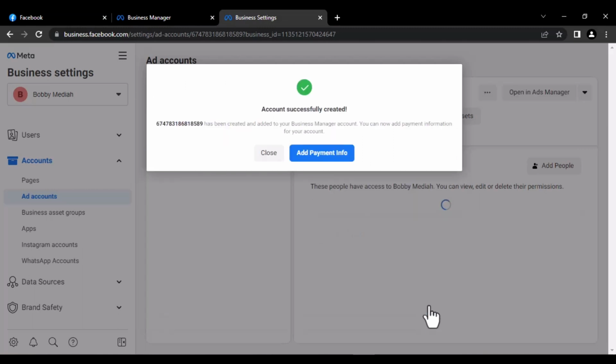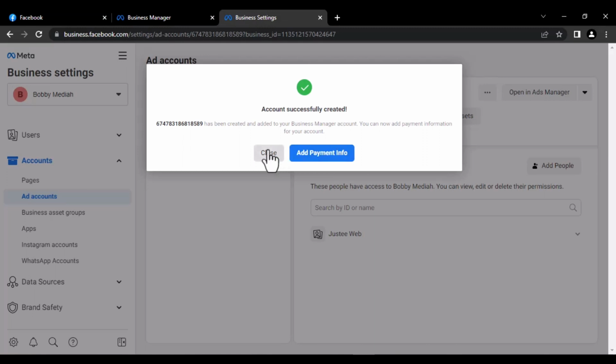Once you've done this, you have successfully created the ads account and added your own profile account to the ads account, so you can manage all the details and all the features on the ads account. And lastly, you have to add your payment information. You need to add your own card details to the ads account, so that whenever you want to set up ads on your ads account, you'll be able to publish the ads immediately instead of adding the card later. You can do that here by clicking on add payment information.